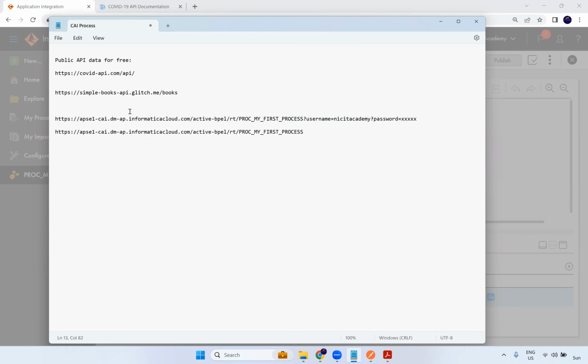For this, you have to add a question mark like this and put the username. If you want to put a password, you can, but that is not mandatory. This is the URL: question mark, and then all your input parameters. For one more input parameter, you can add one more question mark. But I'm not using that here, I'm using only the username. You can copy this